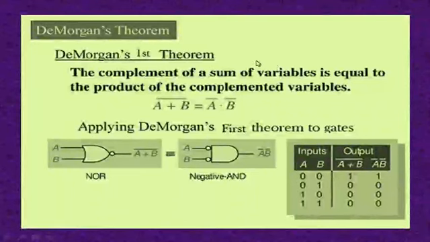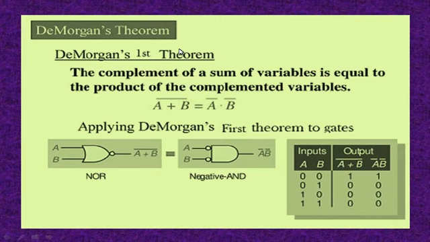Now let us see De Morgan's theorems. De Morgan's theorems are applicable in simplifying Boolean equations or minimizing the equations for practical purposes, to verify the equations theoretically and practically. Basically, there are two theorems. Let us begin with De Morgan's first theorem. The complement of the sum of variables is equal to the product of complemented variables. This is the statement of De Morgan's first theorem.